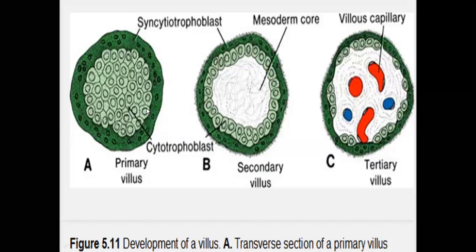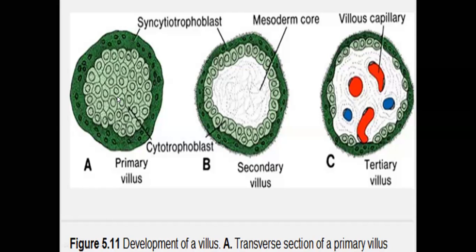So, as I told you, the blastocyst is surrounded by the trophoblast. The trophoblast has two coverings, syncytiotrophoblast and cytotrophoblast. So, when the projection comes with two layers, the inside core is cytotrophoblast and it is surrounded by syncytiotrophoblast. This is known as the primary villus. So the primary villus is the structure in which the core or center is formed by the cytotrophoblast. So what are the cytotrophoblast? These are the cells with cell boundaries and nuclei. Surrounding the cytotrophoblast, you have syncytiotrophoblast where the cell boundaries are not there.